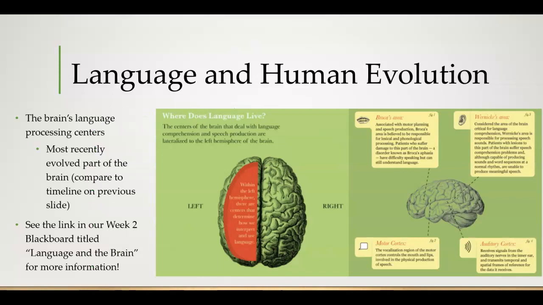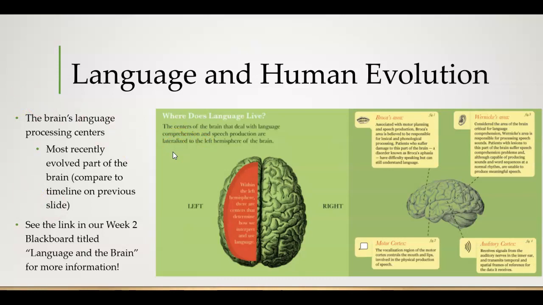All right, so when I say that language is a new talent, I also mean in terms of brain anatomy. It is in the most recently evolved parts of our brain that the language centers can be found. So that's kind of interesting. Again, entire classes are devoted to this. I don't expect you to become masters of neuroanatomy just yet, but what I would like you to know is that if you look at this, where does language live?